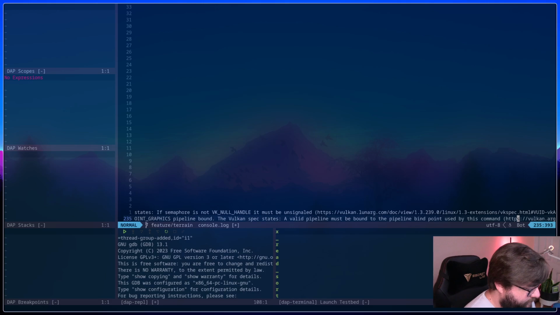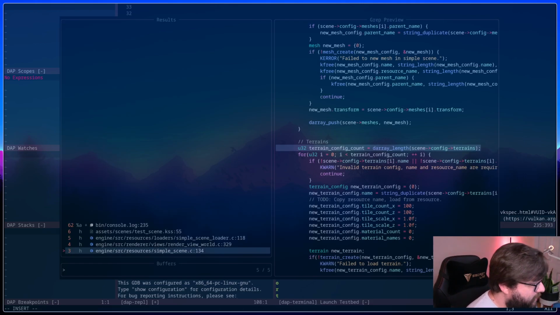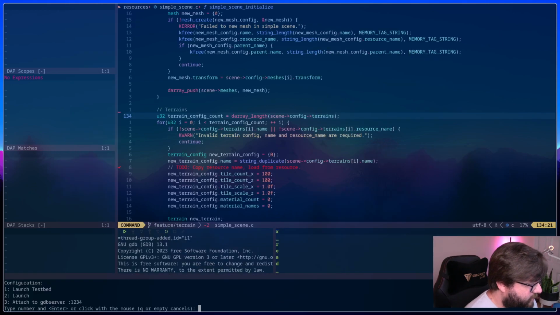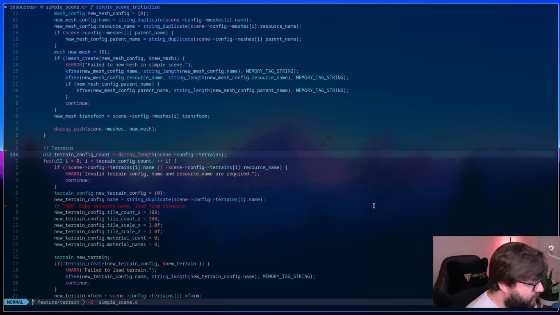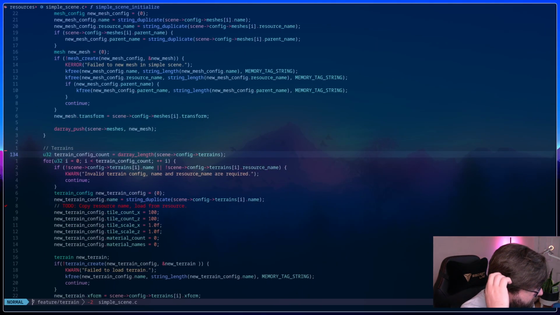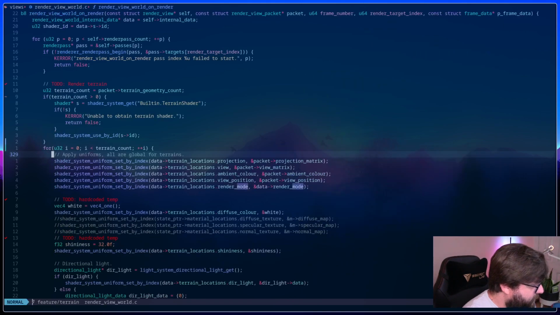That is peculiar. So I think if we just run this by itself, I'll need to go here. So if I just run this by itself and then exit, it's successful. We don't get any errors. But it's bleating about a pipeline not being bound, which is really strange. So I guess let's take a look at it. It's got to be something we're doing wrong in our view.